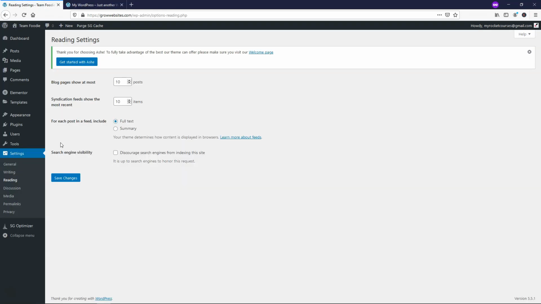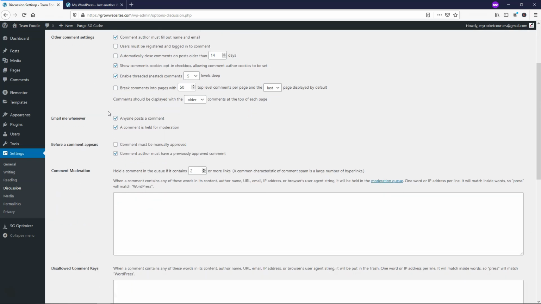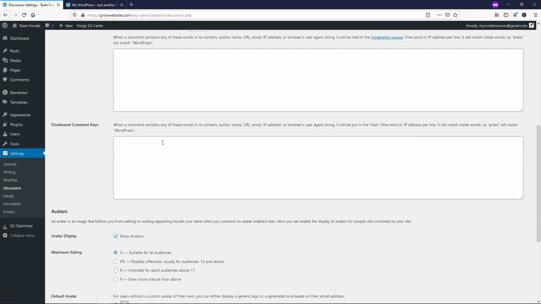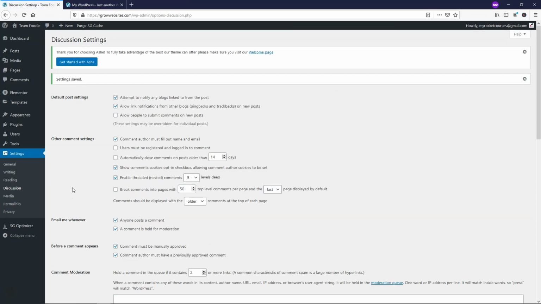If we go over here to settings discussion, you can choose to allow people to submit comments on new posts, or you can uncheck that to make sure comments don't go on a post. You also can make sure that comments must be manually approved if you don't want comments showing up on your website. So that's some options if you don't want comments showing up on your website, and it helps you avoid spam as well. I'm going to save those changes at the bottom,